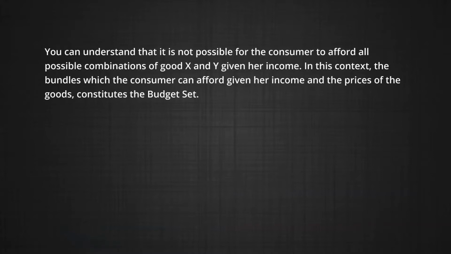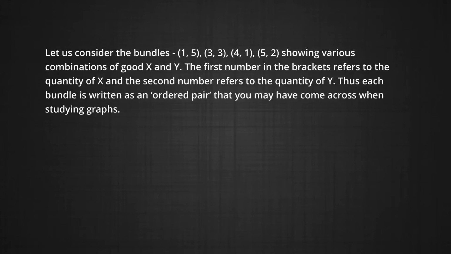You can understand that it is not possible for a consumer to afford all combinations of goods X and Y given her income. In this context, the bundles which a consumer can afford given her income and the prices of those goods constitute the budget set. Let us consider the bundles